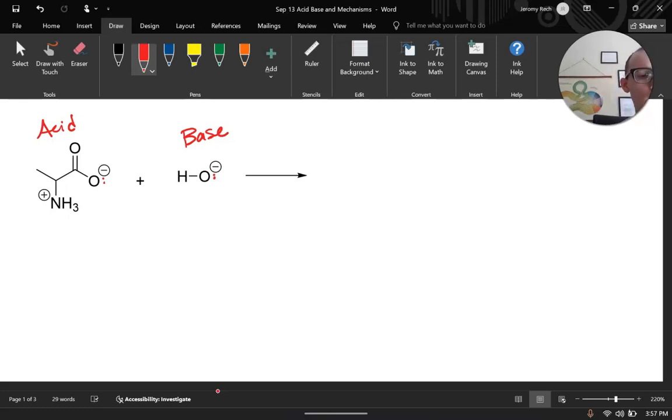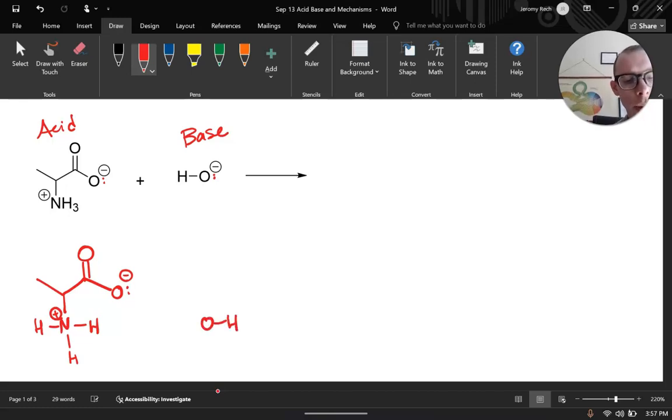So I'm going to need to redraw it. And I'm going to need to explicitly write in the hydrogens, because they're going to be involved in bonding, and if I make a bond, I also have to break a bond in our Lowry-Bronsted. So I need to actually show which bond is being broken. So from a mechanistic standpoint, my hydroxide is going to come, it's going to abstract a proton, and then the bond between that nitrogen and that proton that's going to be abstracted is going to become a lone pair on that nitrogen. So we can draw this, our arrow would be an equilibrium arrow,